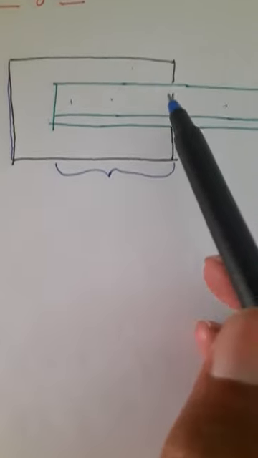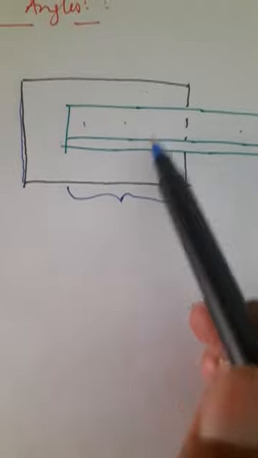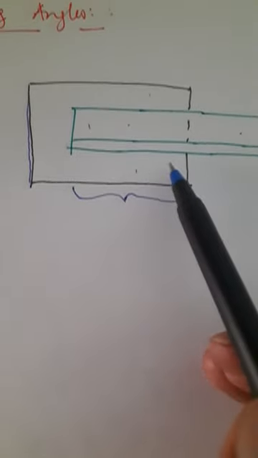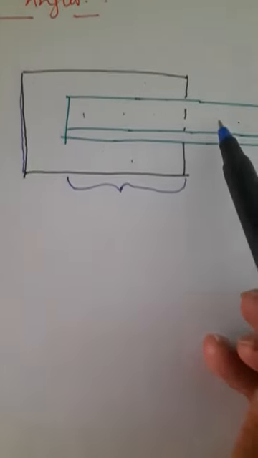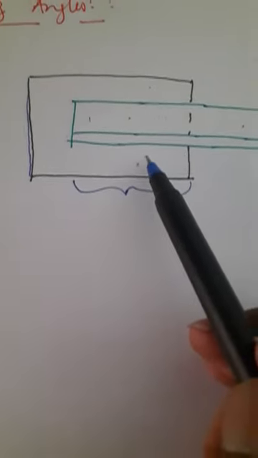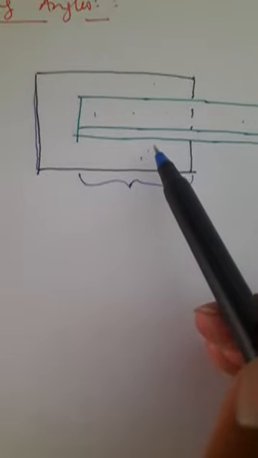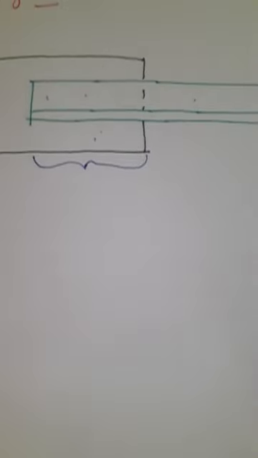In that case, what is done is an additional plate, an additional angle, is provided which acts as support of this angle, and that angle carries some of the loads to connect the main angle and the gusset plate. This supporting angle is called a lug angle. So how is it provided? Let us see.